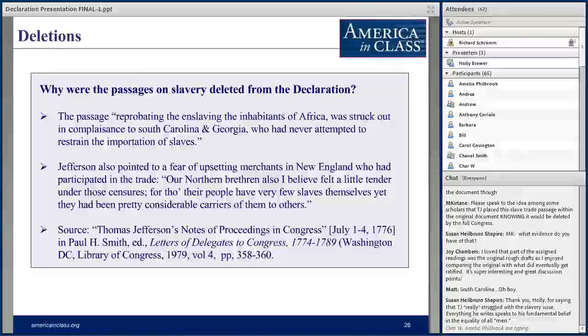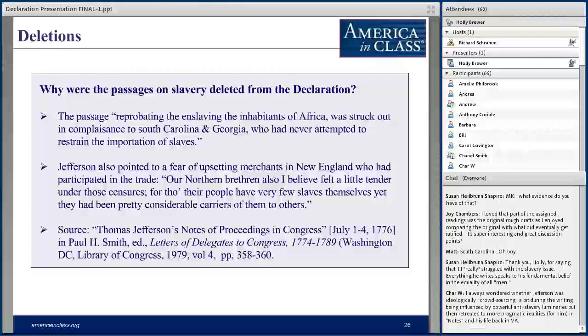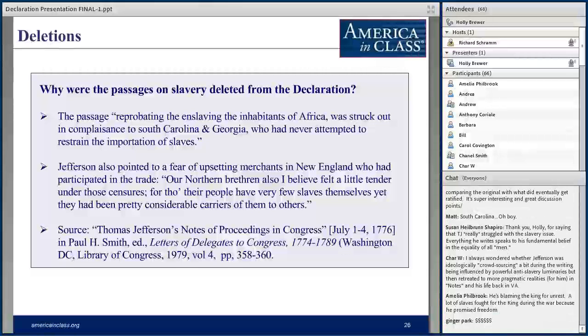Why was the passage on slavery deleted from the Declaration? Here's what Jefferson had to say about it, and there are various other clues which I found from all over the place, but these I think fit with what everybody else said. What Jefferson wrote is, "the passage reprobating the enslaving the inhabitants of Africa," and here he's very explicit, notice, "was struck out in complaisance," that is, to please, "to South Carolina and Georgia, who had never attempted to restrain